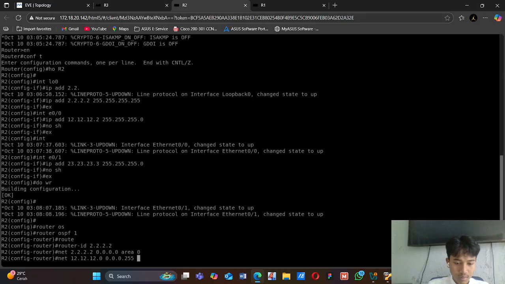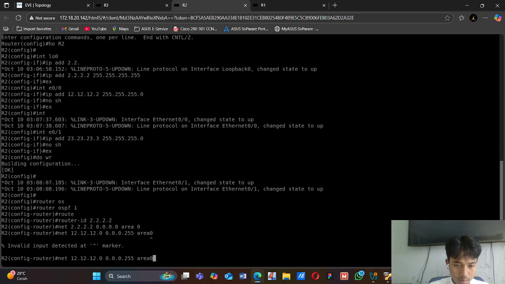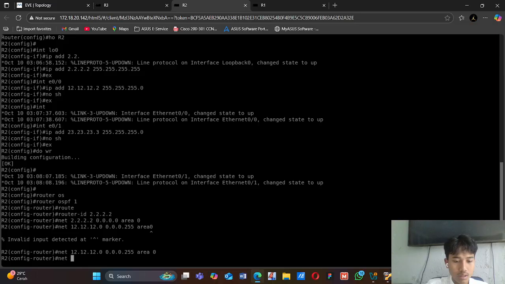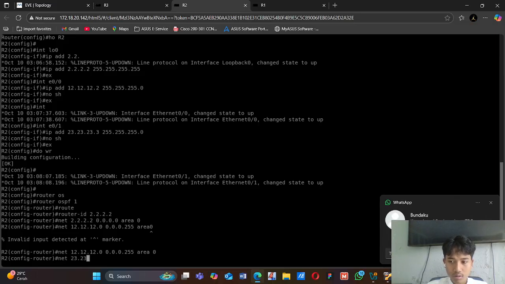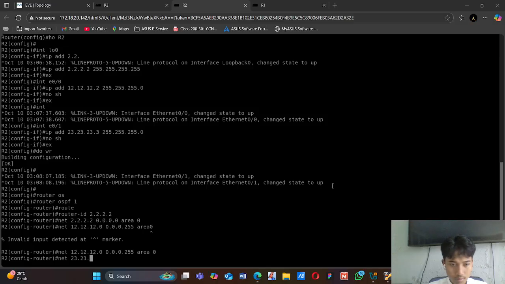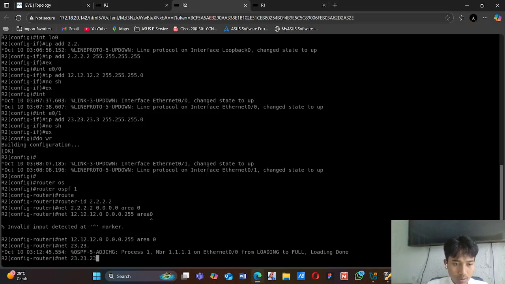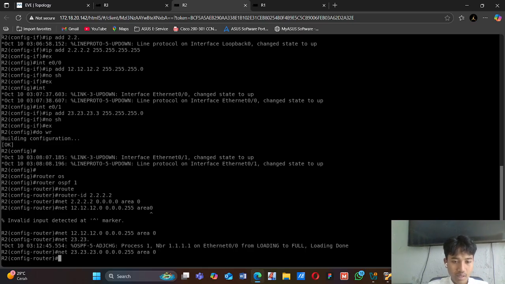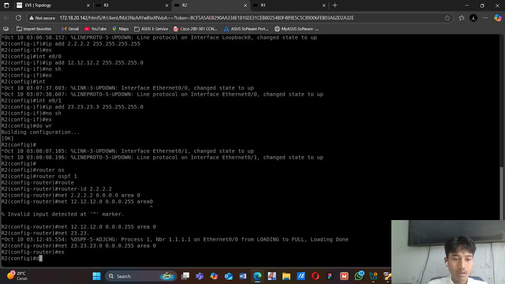Yes, area 0. Wait, typo, guys. Okay, and then the network that connects to router 3, guys. Area 0, and then exit and then do write.